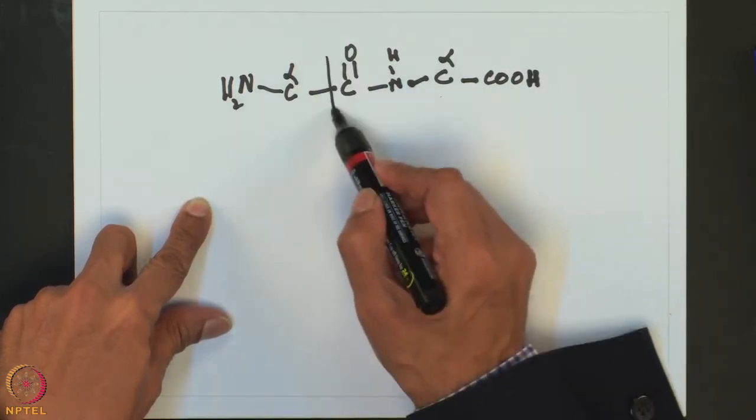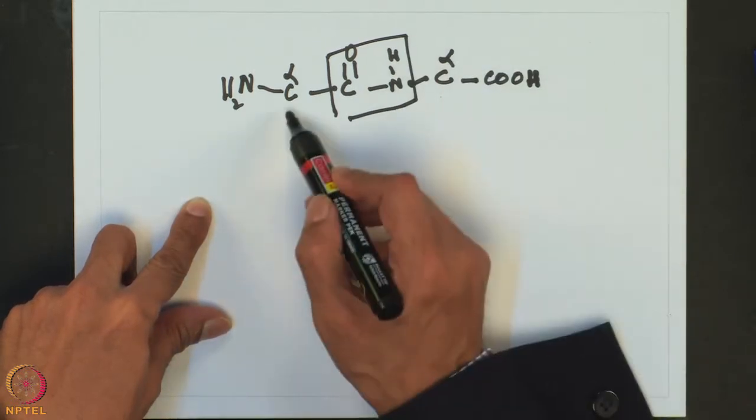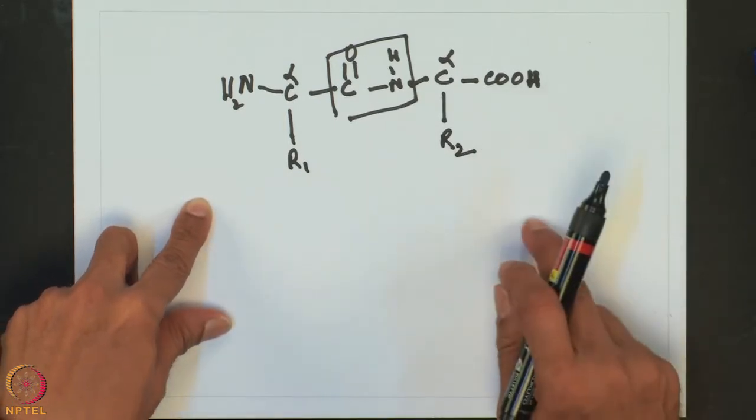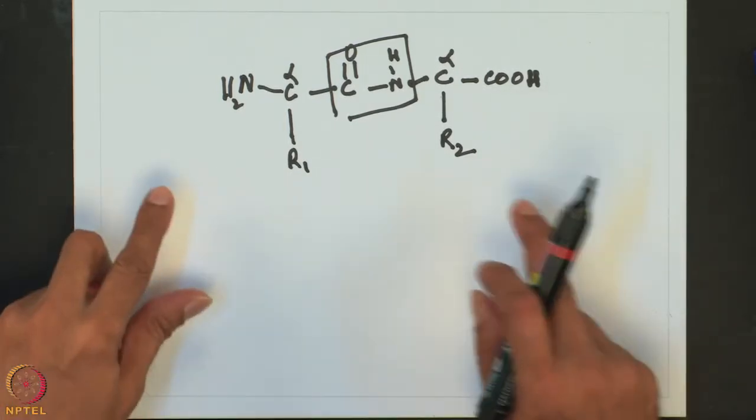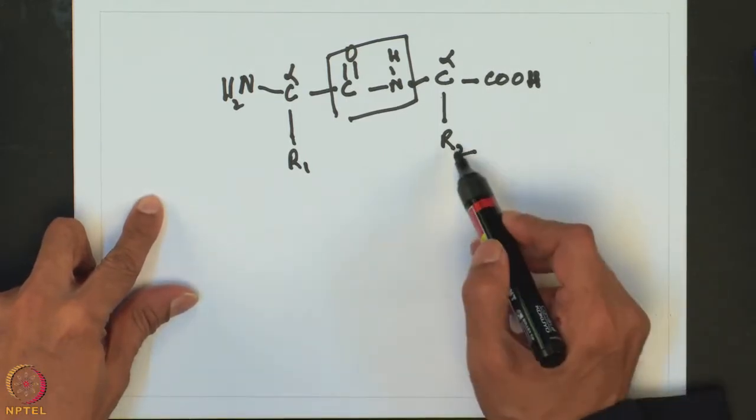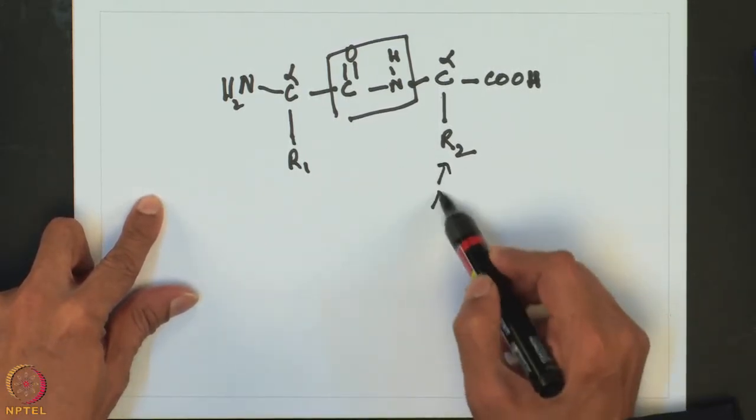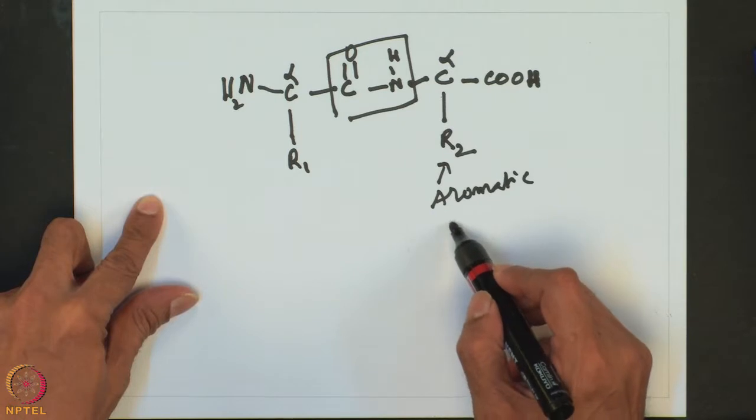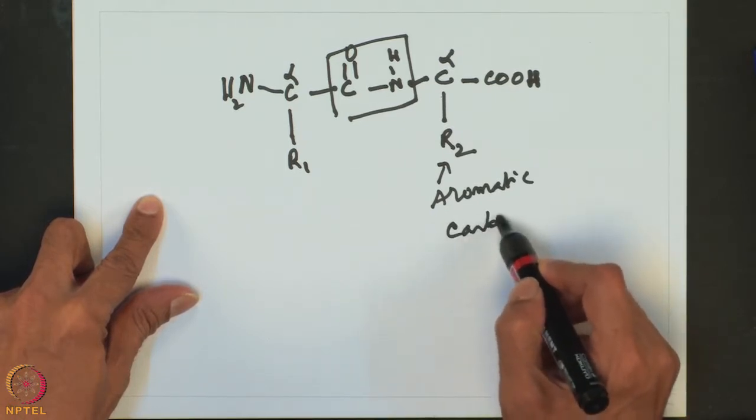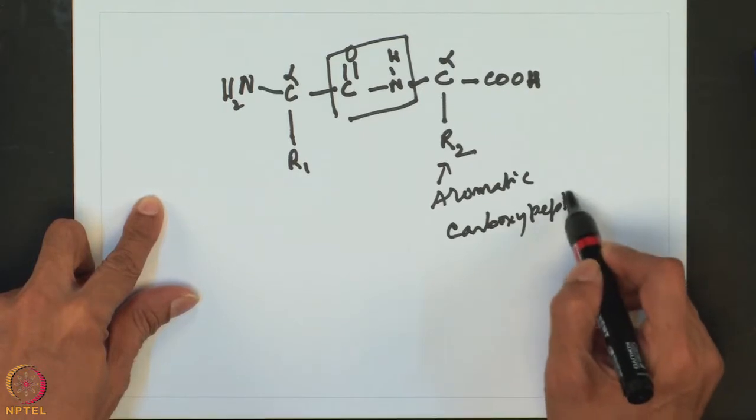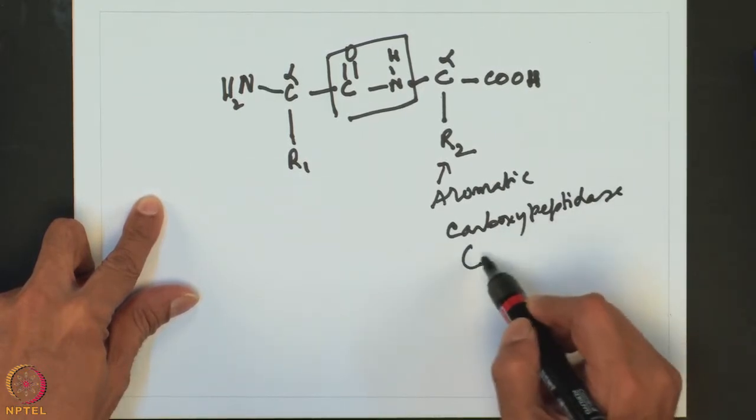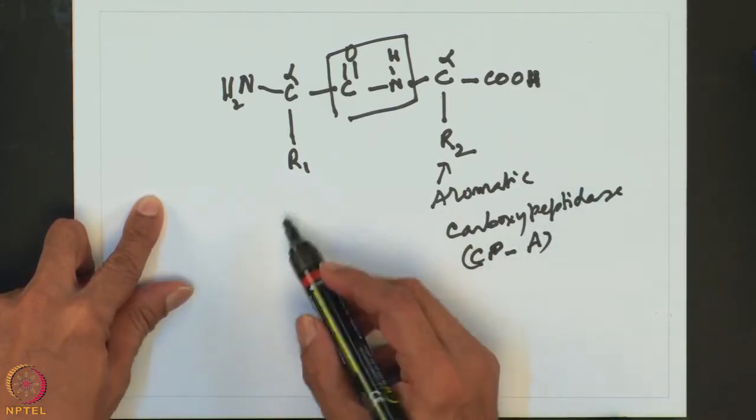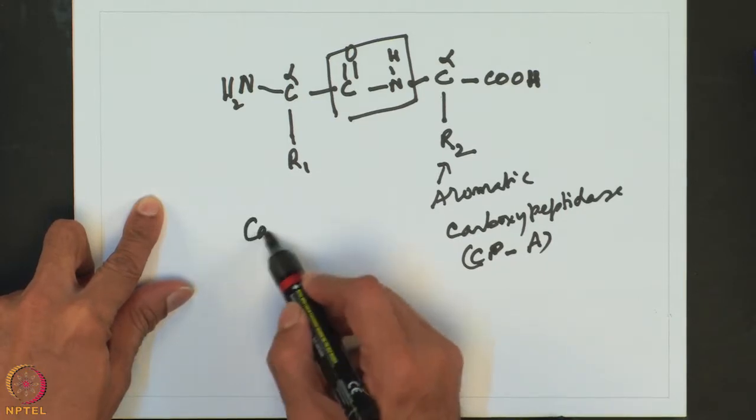So, you are looking at the peptide. Now, you need to look at this R1, you need to look at this R2. So, therefore, if you have at the end this as aromatic, etc., then this will be carboxypeptidase A. We refer to it as CPA, and if you have the cationic